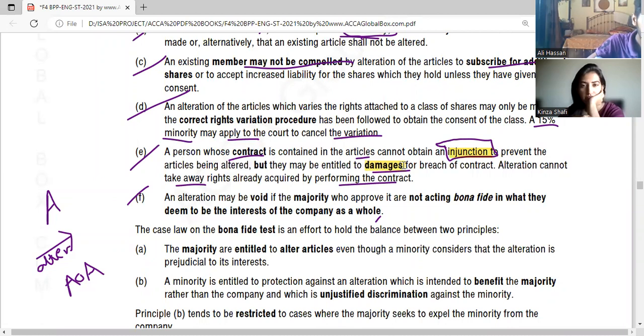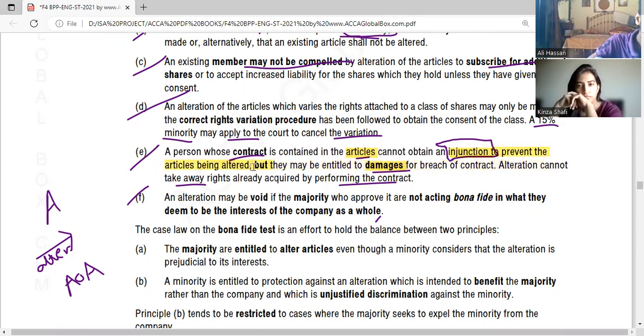इसमें कोर्ट इंटरफेयर करके इंजंक्शन नहीं करवा सकती। क्यों? क्योंकि ये कॉन्ट्रैक्ट कहाँ पे है? आर्टिकल्स में है, और आर्टिकल्स तो कंपनी का कॉन्स्टिट्यूशन होता है, तो कंपनी इटसेल्फ इज अ बिग बॉडी एंड यू नो इट हैज टू फॉलो इट्स आर्टिकल्स। एंड अगर कोई भी शख्स उस कॉन्ट्रैक्ट को नहीं फॉलो कर रहा, सो दे विल गेट द डैमेजेस, बट इंजंक्शन इज नॉट एप्लीकेबल ओवर हियर, and especially an injunction to prevent